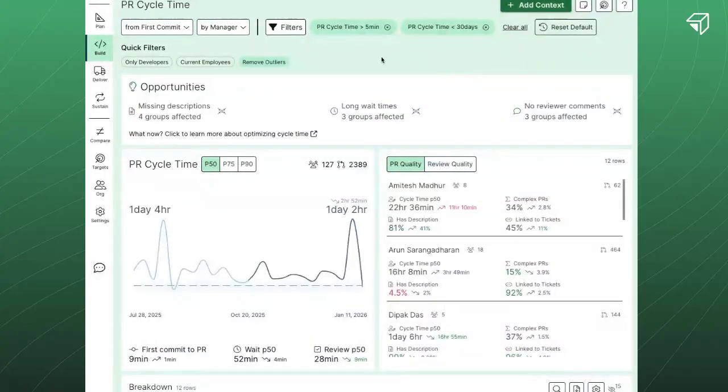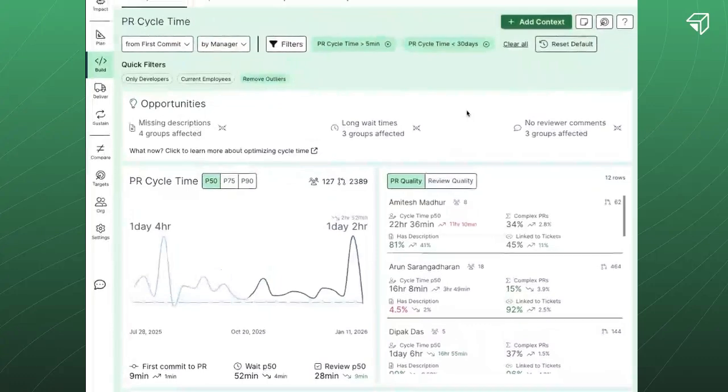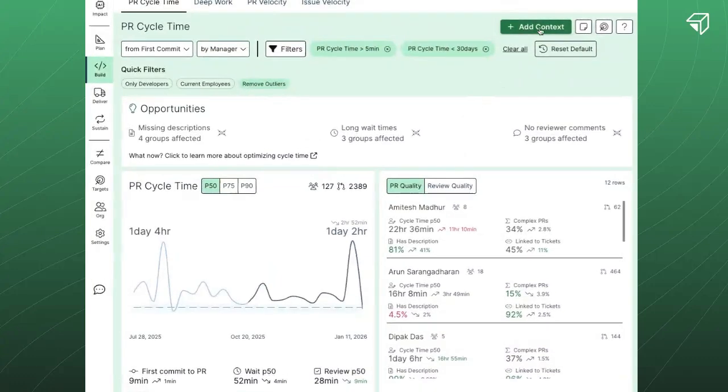So if we're looking at Uplevel data as an engineering manager, I come in here and I want to explain why we had a big swing in cycle time in the early part of August, because we had some things go on where cycle time went up. And so I am going to add some context to this view. I'm going to say in the end of August,